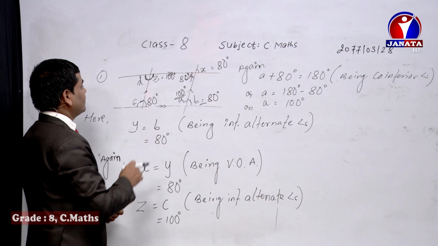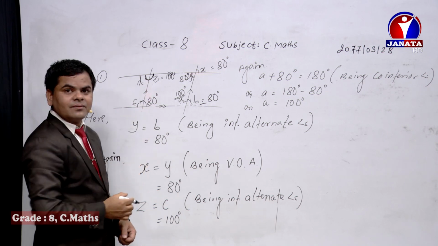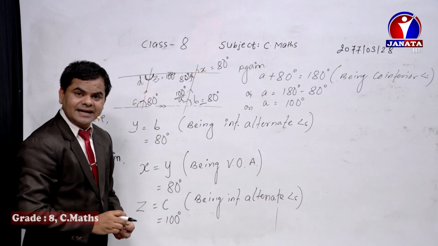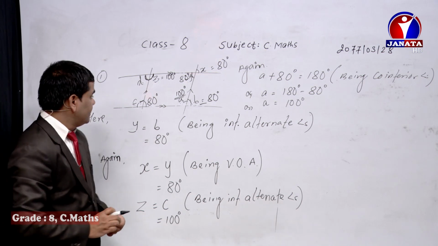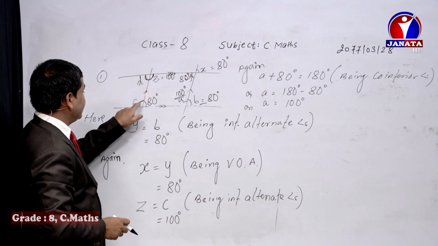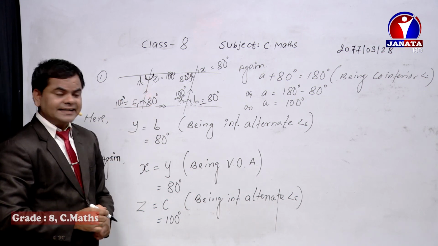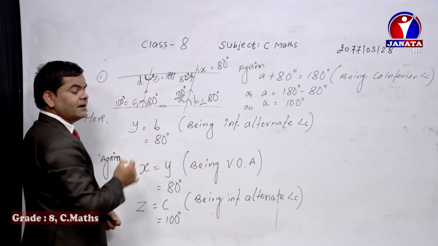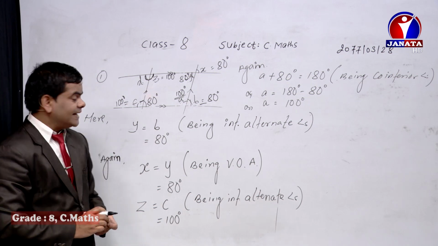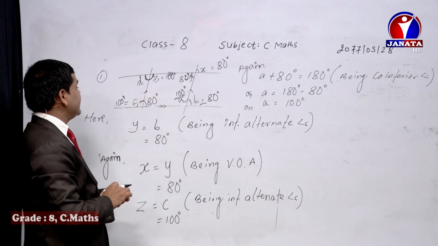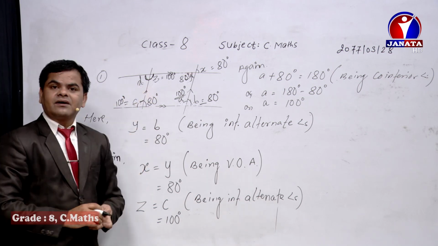And then, in order to find out D, there are three options. One is C plus D, they are also co-interior angles, and we know that as per the properties of co-interior angles, their sum becomes 180 degree. You can do C plus D equals 180 degree. As we just got the value of C as 100 degree, the summation of C and D should be 180 degree. So D's value comes as 80 degree. To be 180, how much remains? 80 degree. That's why you can write D as 80 degree.